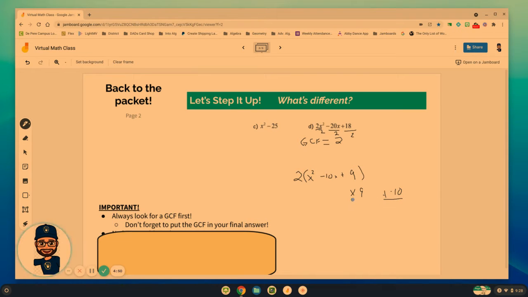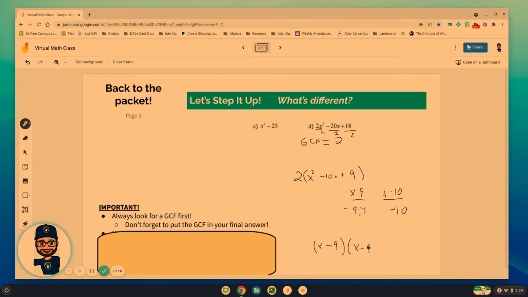Two numbers that multiply to 9, but add up to negative 10. And indeed, if we used 9 and 1 again, but to get a negative 10, they both would have to be negative, because that's how I get my negative 10. Negative 9 and negative 1. So this parenthesis part can change into x with negative 9, or x minus 9, and x with negative 1,